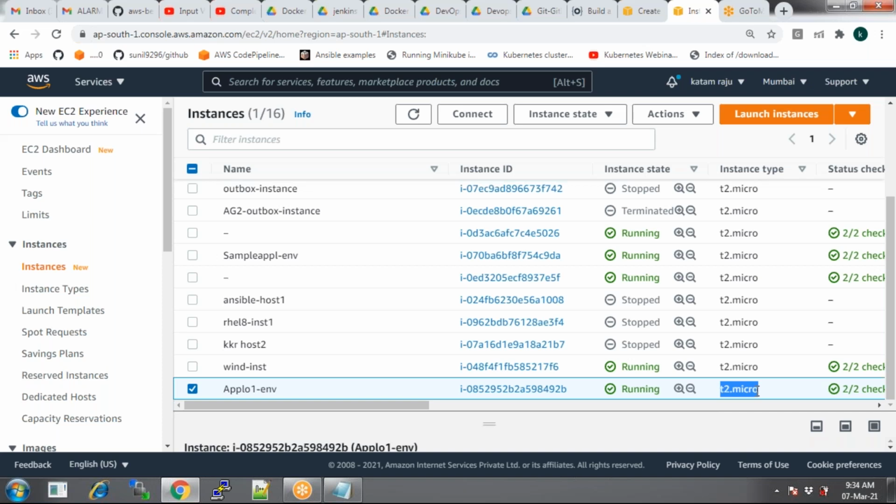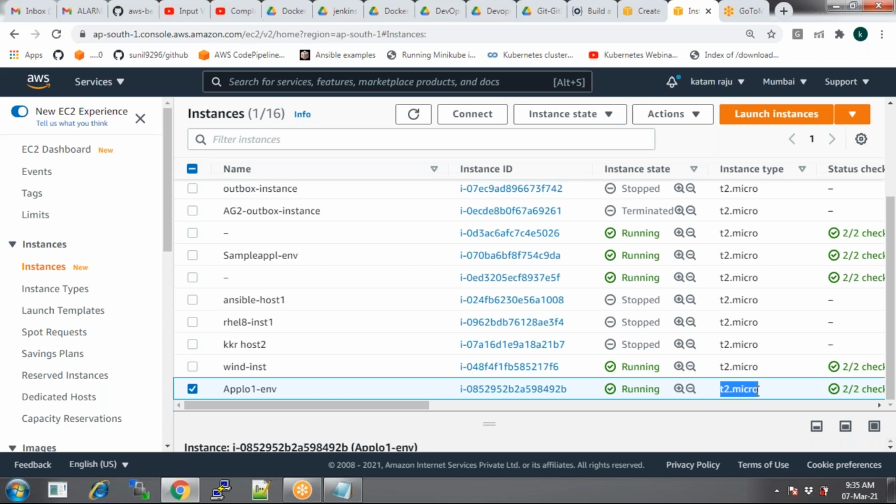What is the instance type? Why did it not take micro? It's a free instance. But I will have my application size. I want that to be running on 8 GB memory and about 3 or 4 CPUs. Why did it take T2.micro? By default, Beanstalk takes T2.micro, right? So that is a drawback again. Even it has a drawback.